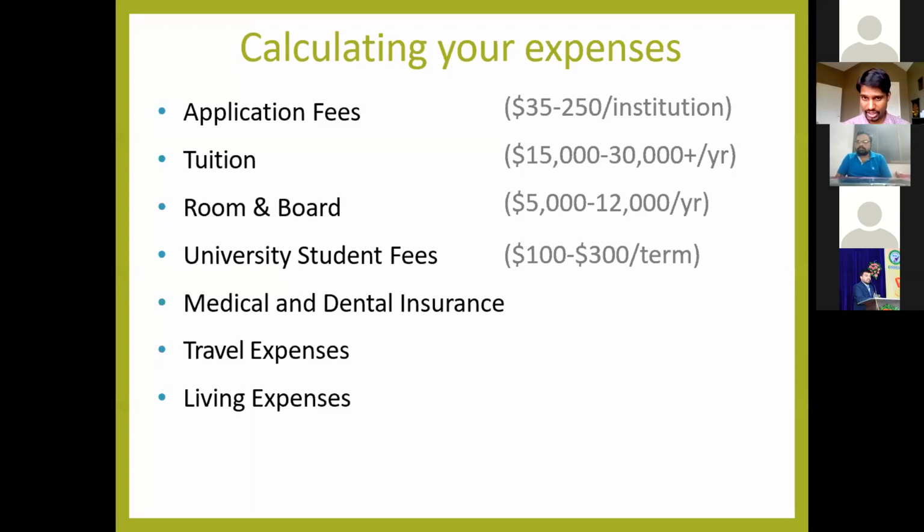So that also you can take care of without problem. And then university student fees, that's also sometimes rolled into tuition fees, which is $100 to $300 per term. But many universities, if you have a PhD scholarship, they already pay for that. So these numbers seem large